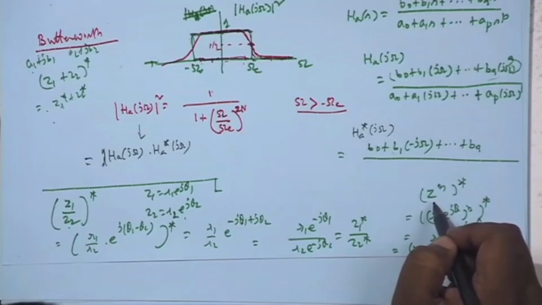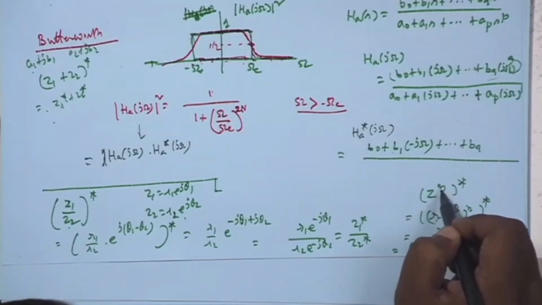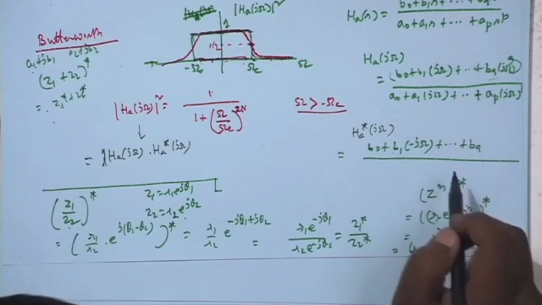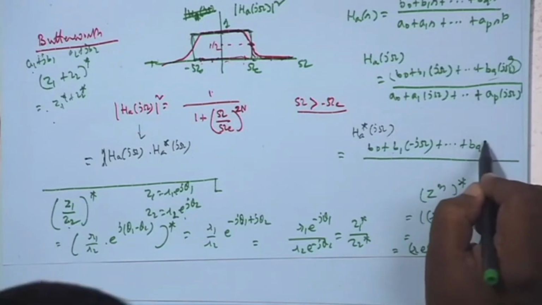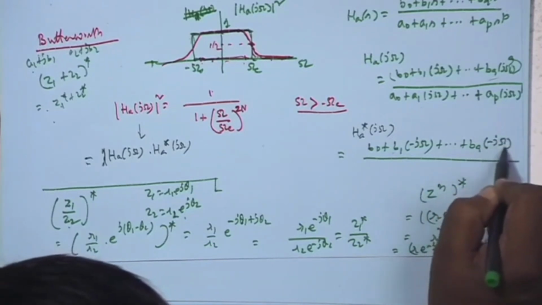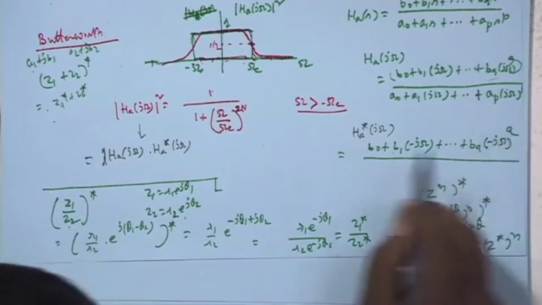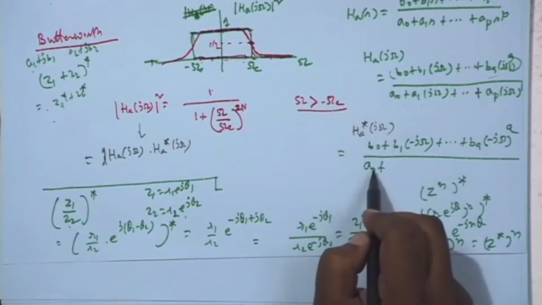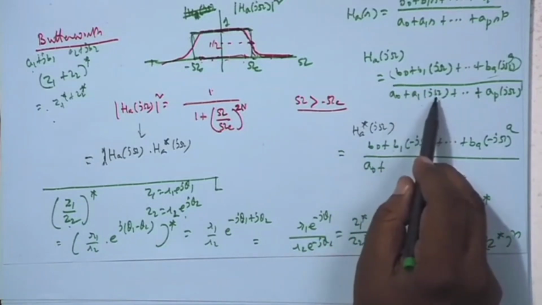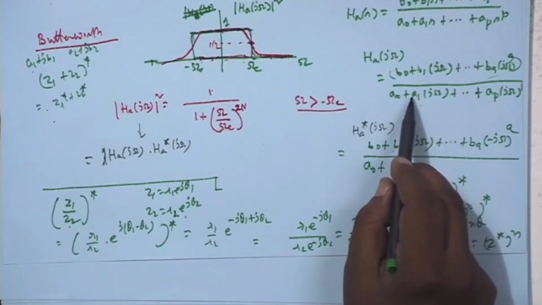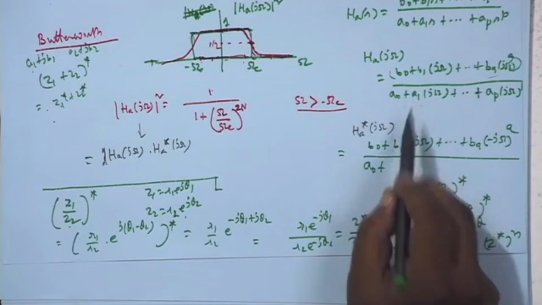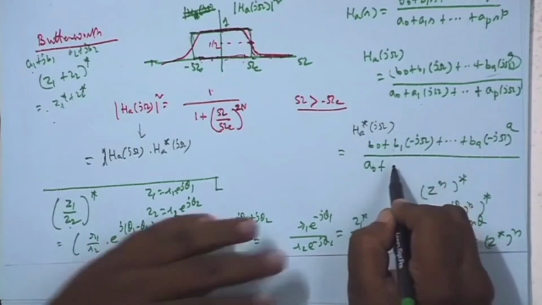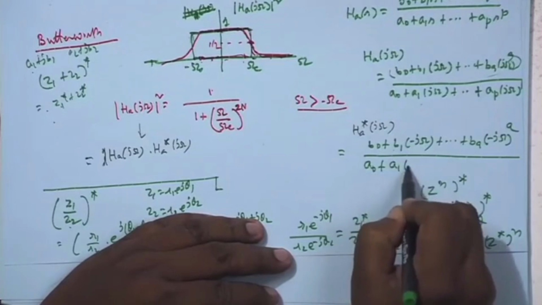I told you any complex number raised to some power, say q, and then star, it will be same as first you conjugate it and then raise to the same power. So, first you conjugate it, minus j omega whole to the power q, divided by, same way, conjugate of a0, that is nothing, a0 only. Conjugate of a1 j omega, there is a product of conjugate of a1 into conjugate of j omega, but a1 is real. So, a1 remains as it is. Conjugate of j omega is minus j omega,